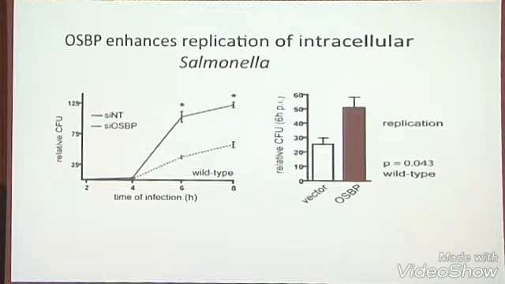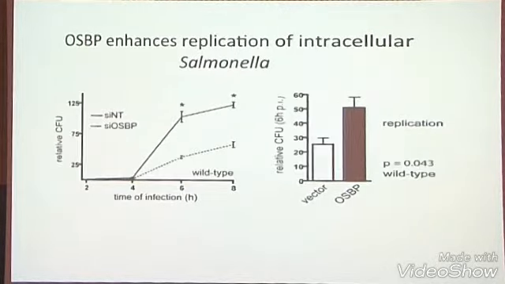So, okay, if SseL is affecting things and OSBP is needed, the odds are that if we downregulate OSBP in the host cell, maybe that'll affect Salmonella replication. So Siggy used siRNA. In this case, with wild-type scrambled siRNA, Salmonella replicates like this. And then when you knock down OSBP, replication goes down. So that argues that OSBP is involved in it. And if you transfect in more OSBP into cells, you get an increase in Salmonella replication. Okay, that's all shaping up nicely.